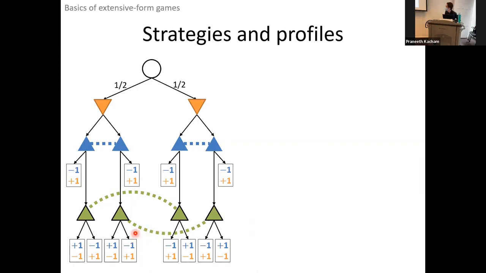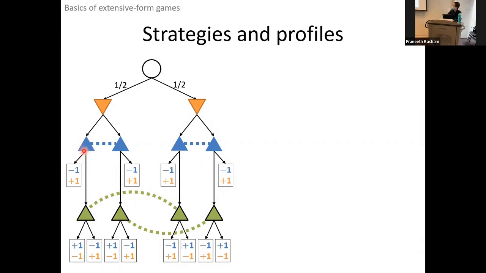Those utilities are the same. On the left-hand side, the bottom left corner is +1, and on the right-hand side, that's -1. They're exactly the same. Look at those two green triangles. Those two four-tuples are identical. Therefore, those two panels are exactly the same for the blue player. It doesn't matter which player it makes.